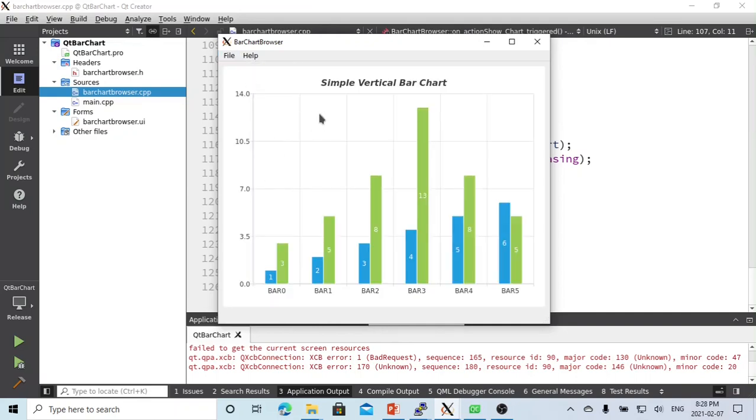So now we see we have our chart, and we have our axis labels. The horizontal is a category, so we get the names bar 0, bar 1, bar 2, bar 3, bar 4, bar 5. And the maximum is 13, so our range is from 0 to 14. So this is our simple bar chart. And if we want to make a horizontal bar chart, it's going to be exactly the same, but we're going to use